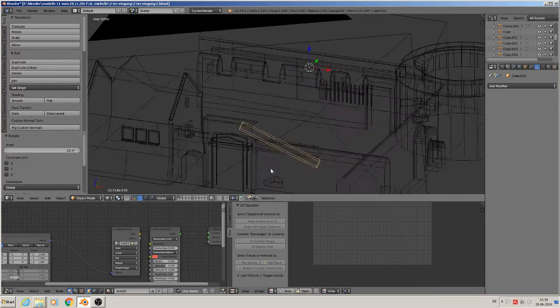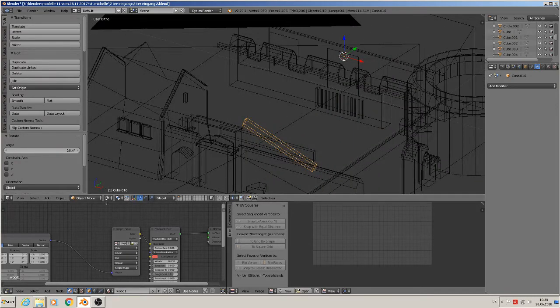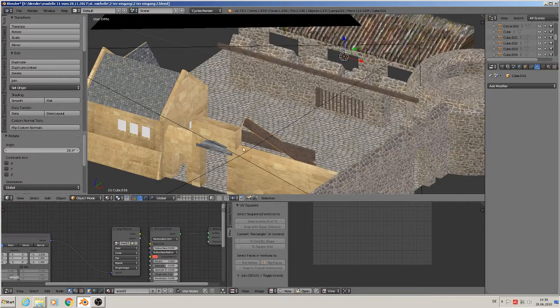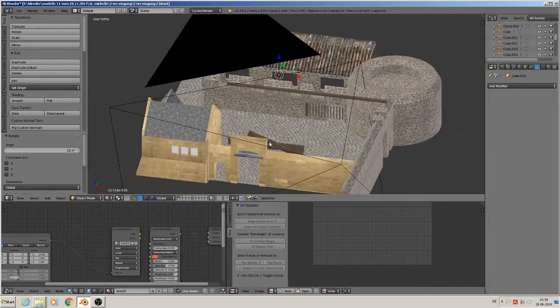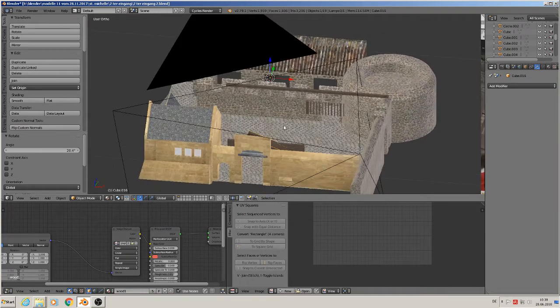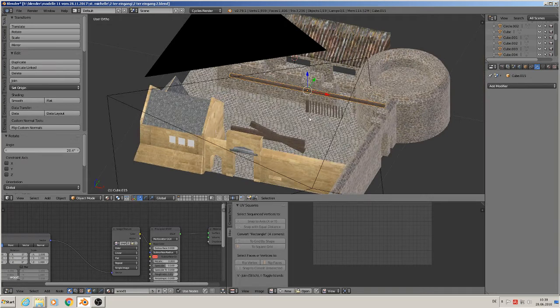Good, because we changed the origin of this object. So that goes down there. We have to do the same with the other ones. So that one here,